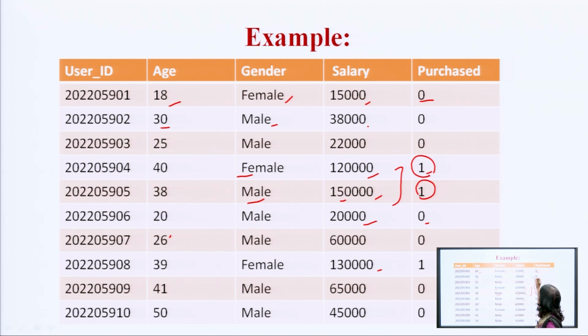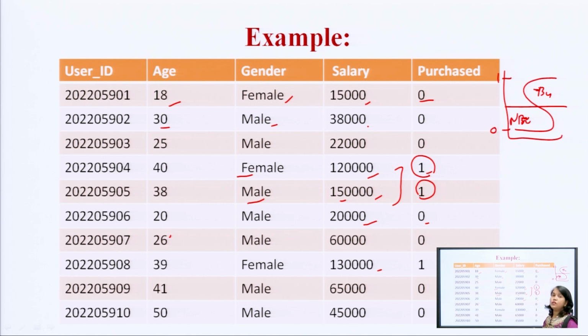That means your sigmoid function will work. Sigmoid function means your data will fall in one category or the other: the buying category or the not-buying category. If it is closer to 1, it is buying, and if it is closer to 0, he will not carry a car. The data set is scattered like this. If the data comes close to 1, meaning the salary is above 1 lakh, then he or she will be able to purchase the car.